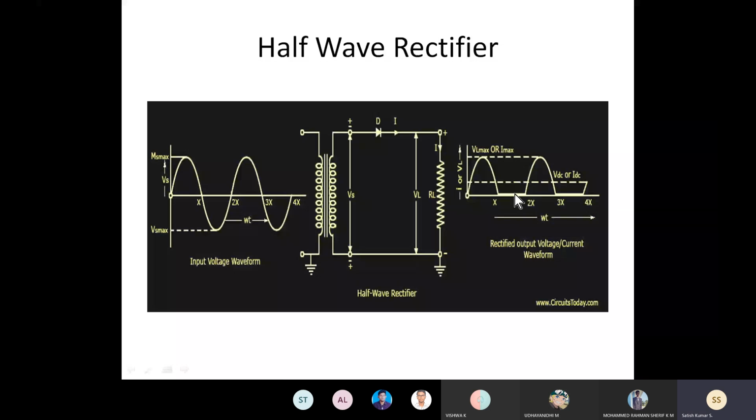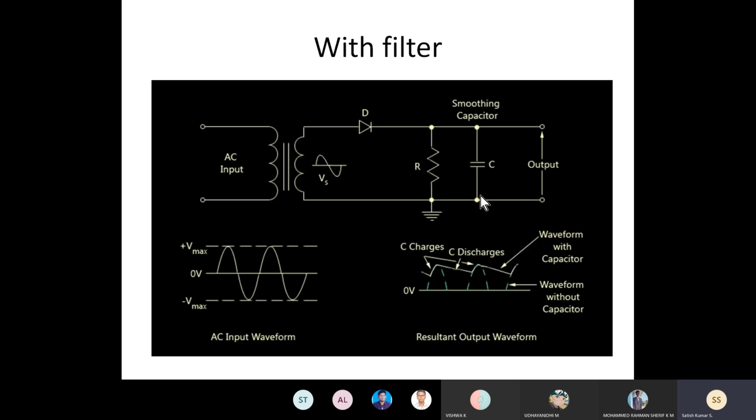Here, some AC voltage is also mixed in, so we have to remove that unwanted AC voltage from the system. For that purpose we go for a filtering operation. One simple way to do the filtering is a capacitor. The capacitor will filter or smoothen your waveform.